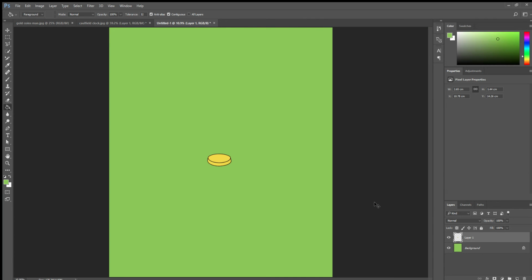Now with this I can click on the arrow tool, the move tool, like that. I can move it around, so I'll leave it there for now. If we duplicate the layer,